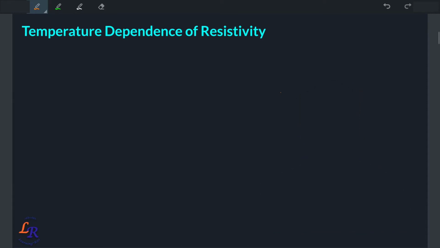So let's begin. For resistivity, let's say you have a resistivity rho for a given material at temperature T, and at some reference temperature T0 it is rho 0. So let's say this is the temperature T and this is T0. For a limited temperature range, this relation can be given: rho of T is equal to rho 0 times 1 plus alpha times T minus T0. But again, this is not for the whole range. There is a limited range, and we should know in which range this equation can be satisfied, where it is a kind of linear equation, where this term alpha is called